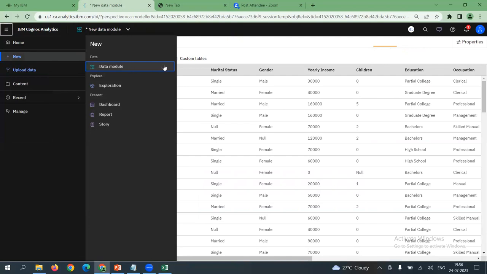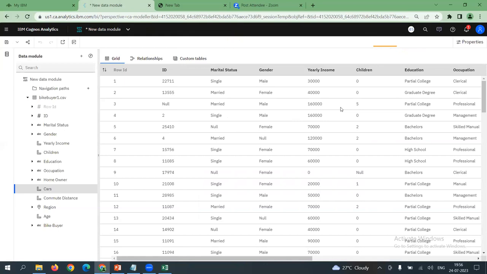Once you click data module, choose your data set. For this project, which data set are we using? Buyer. Correct. One activity I will show, and the rest I will give as practice work for our participants to clean the data. Let's start with the first variable, ID. Do you think ID is a useful variable for us to start with? ID is unique, so we do not worry about it. So let's exclude it. But let me start with children, one numeric variable and one non-numeric variable, I'll show in quick time. The rest I can leave for you all. First, the numeric variable, children, is causing trouble because there is a null value, participants.